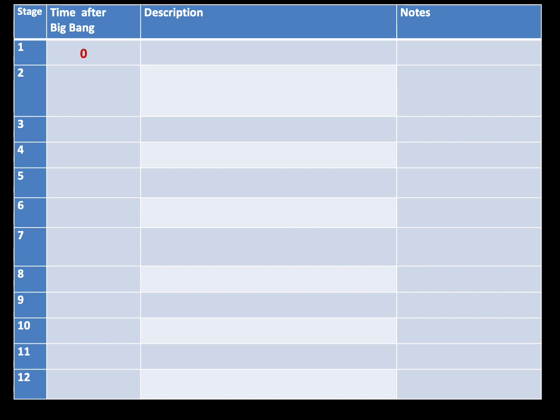We now consider a sort of cosmic timeline going from the Big Bang, right at the beginning of the universe, and ending up at the present day. So I'm just going to take you through the important steps that occurred. Well, the Big Bang, we were going to say, occurs at stage 1, right at the very beginning, so no time has elapsed yet, and modern physics really doesn't understand very much about the Big Bang.